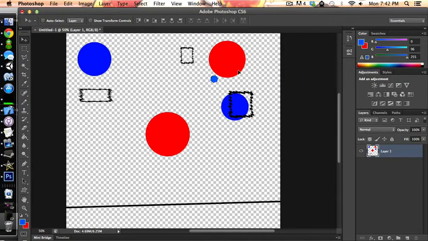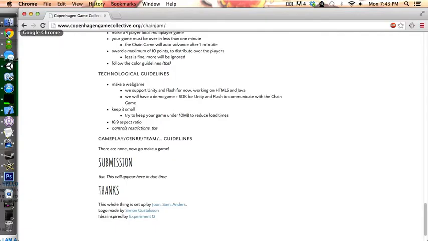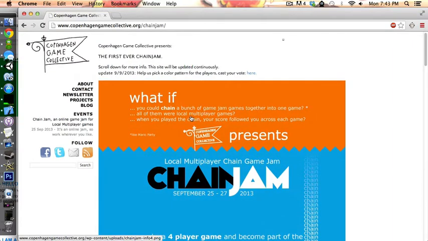So I thought that was a pretty cool idea, and that would be fun, and potentially difficult because you can have stuff moving around, you have to time it, etc. But it's not really so much about the magnetism as it is about maybe a grapple hook type game. So what I was thinking was take this idea, which I've wanted to try out for a while, and put it in this multiplayer type thing, which is what the chain game has to be. It has to be 4 players, local multiplayer.